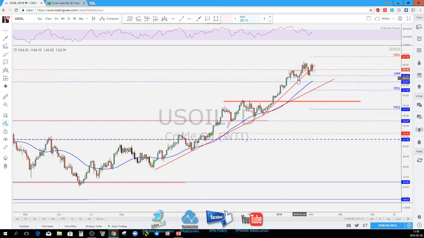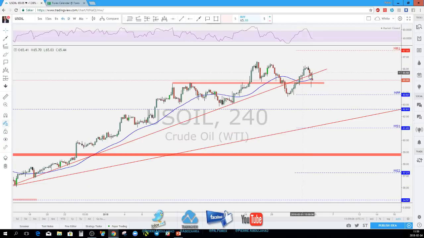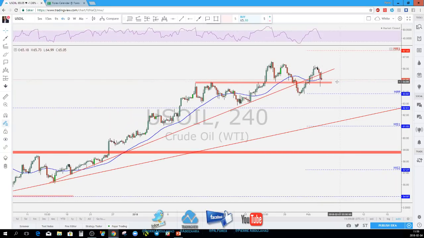So we do have also something similar to gold, a possible head and shoulders scenario, but the structure is still a bullish one. On the 4-hour, we do have this low here that broke the previous low, and a lower high,